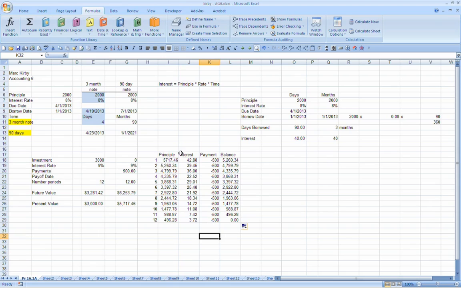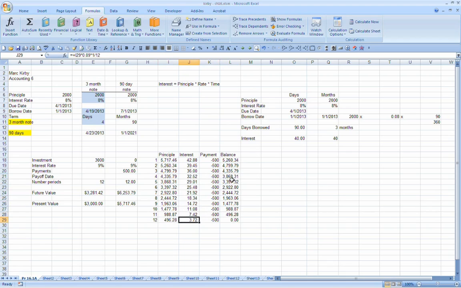So, watch what fun is going on here. I started out, I borrowed $5,717. That accrued interest for the person I borrowed it from. I made a payment, my balance went down. The second month, it accrued less interest, I made a payment, my balance went down. The third month, less interest, made a payment, the balance went down. Made a payment, balance down, made a payment, the balance goes down, and in the final month,